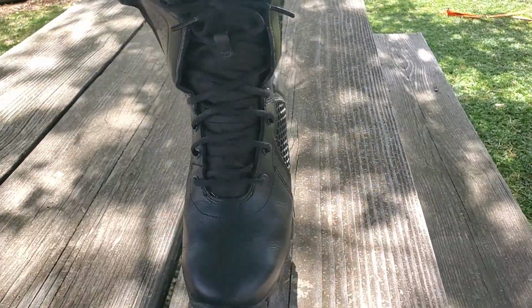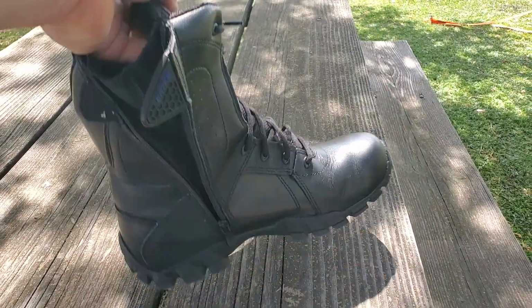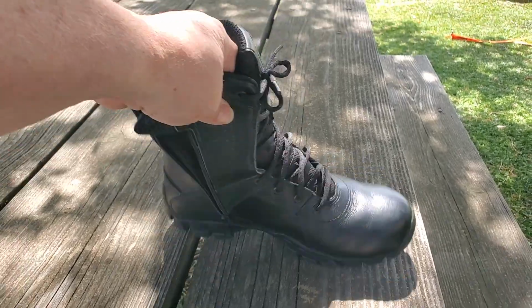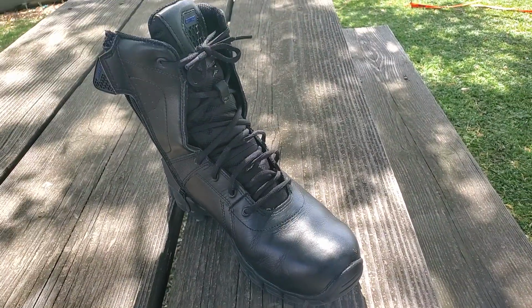I had to take it off to show you, but man, they're just fitting right to my foot. That thick foam insole helps a ton. Usually I use air pillow inserts, which are expensive, but